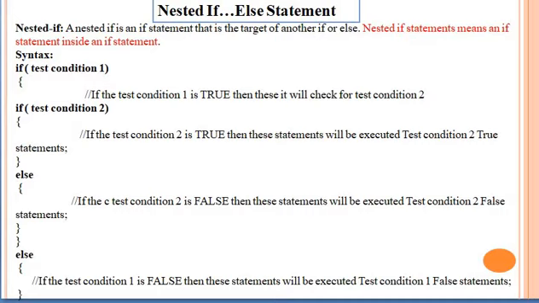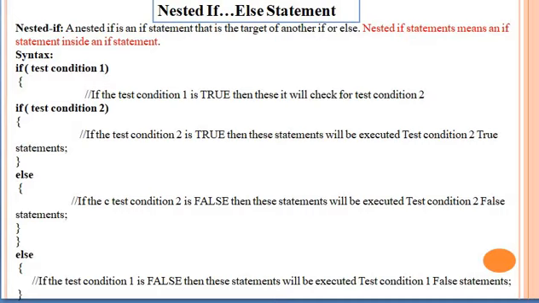Or nested if statement means what? An if statement inside an if statement is called a nested if statement. Writing an if statement inside another if is known as nested if. While checking a number of conditions, we may need to nest an if statement inside another if statement.